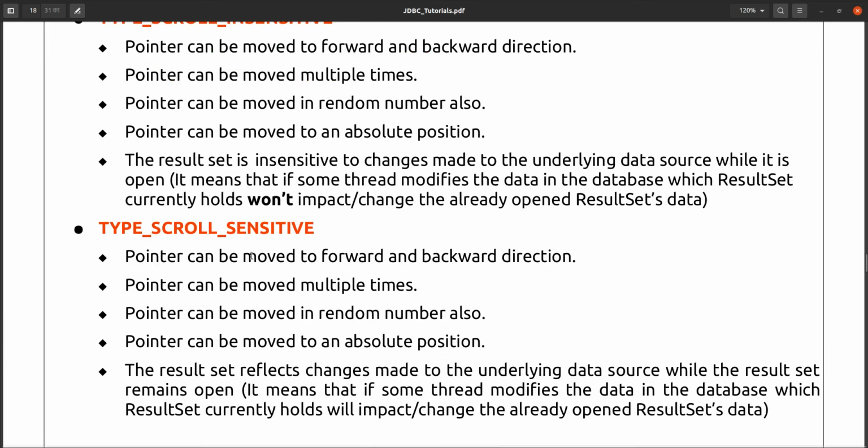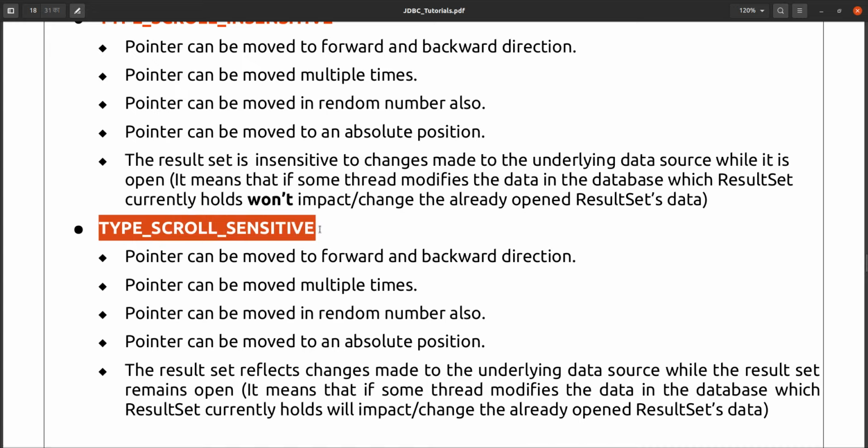But in the case of type scroll sensitive, it is the reverse. Whenever the data is changed in the database by some other thread, immediately the data will be reflected in the result set also. So that is the meaning of type scroll sensitive.